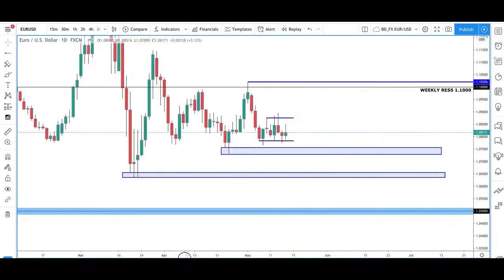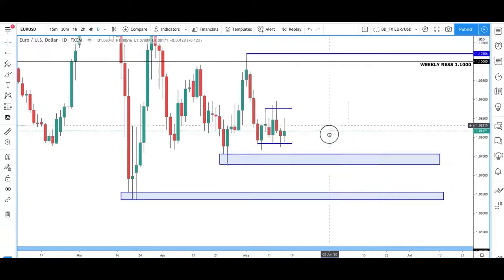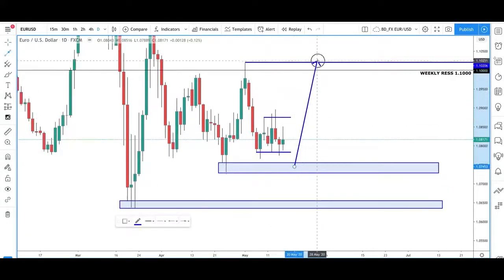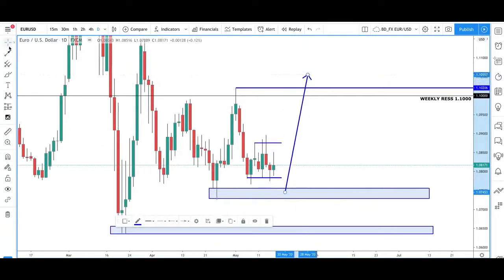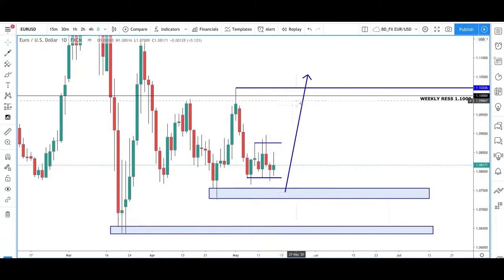So as I said, if the US dollar does gain strength at the beginning of the week, it will push down. Then we see that weakness. I think we could see a push back up here on Euro USD, back above this previous high here. Possibly take this out, and then when that US dollar strength comes back in, we'll be looking for a push back down once again, and then we'll be looking for a huge swing trade up.